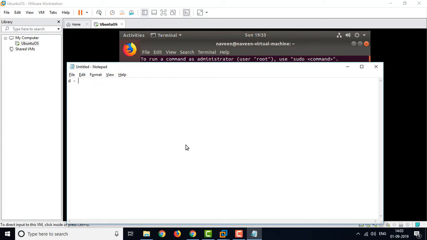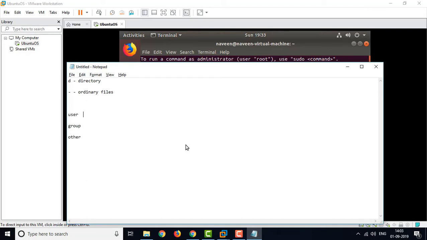First is d, which means directory, then a hyphen, which means ordinary file. Then there are 3 types of users, categorized in 3 ways: one is user, another is group, and third is others.